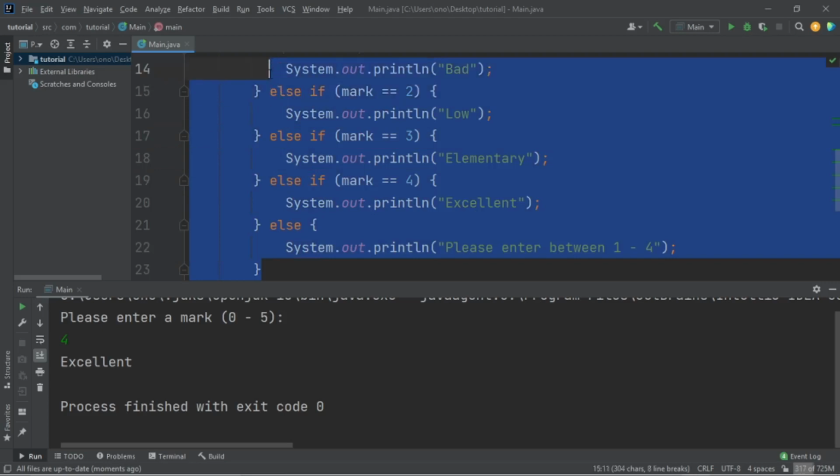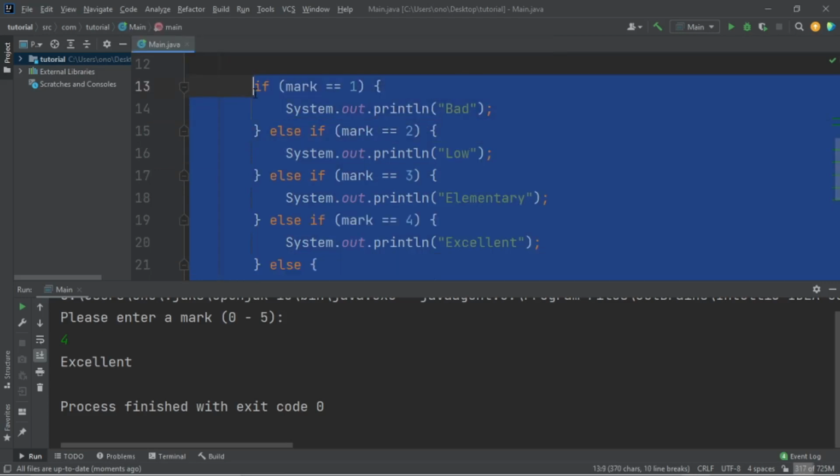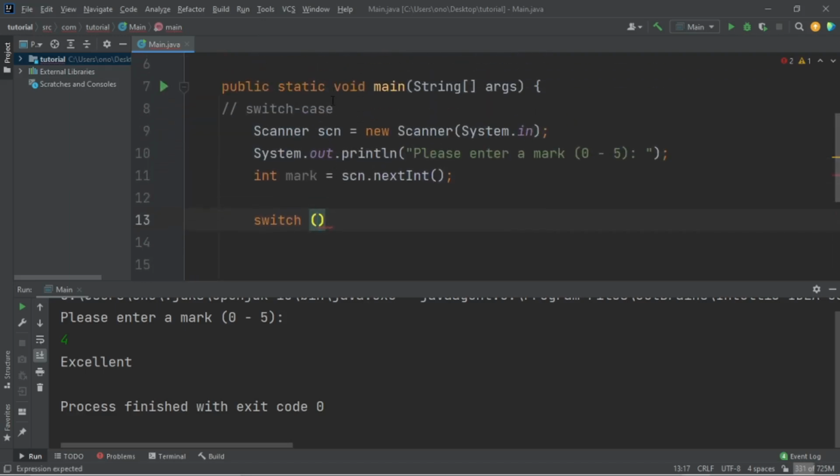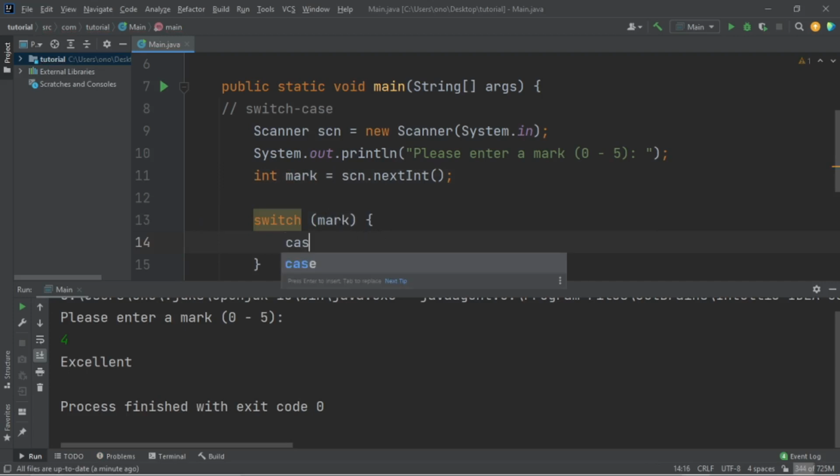So what I want to do is erase this and start with the switch keyword. So switch, and then we have a bracket here. Now what comes here is the certain variable that you are going to be evaluating. So mark goes in there. So instead of saying if mark is equal to this, then we print that out,